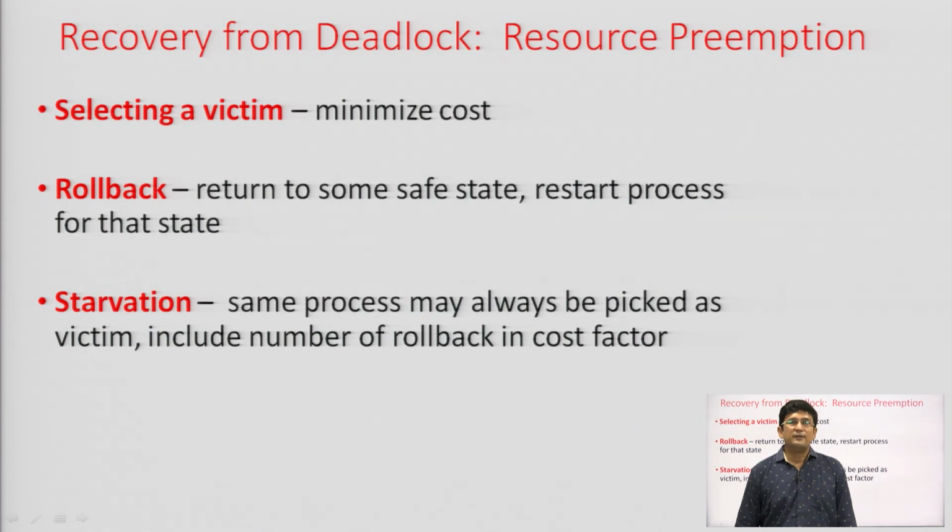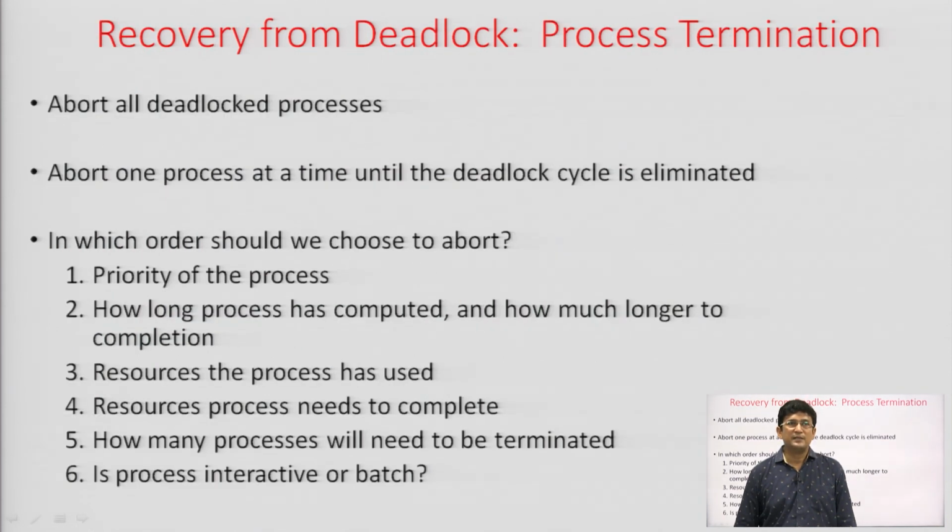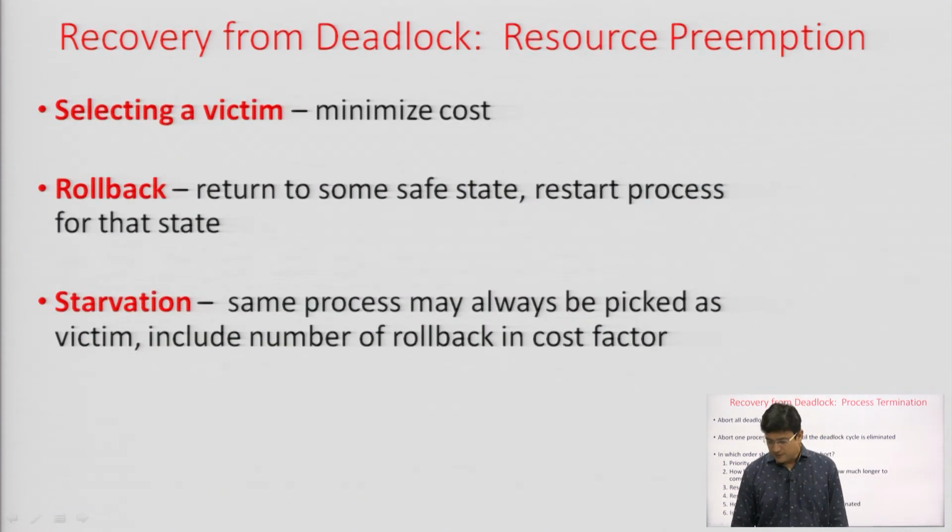Now there are recovery schemes. A recovery scheme suggests which process should be aborted. You should select the minimum number of processes to be deleted or killed such that the system recovers from the deadlock. So there are certain schemes by which you can see which of the processes should be selected as a victim. This can be based on priority, this can be based on how long a process has executed and how long is remaining, and many more schemes can be suggested.